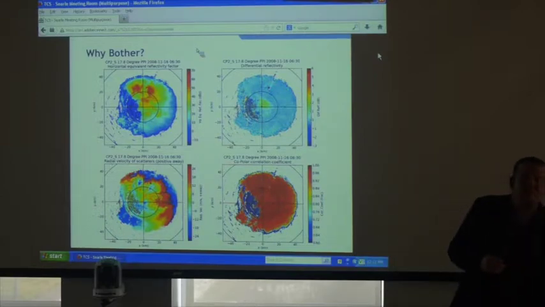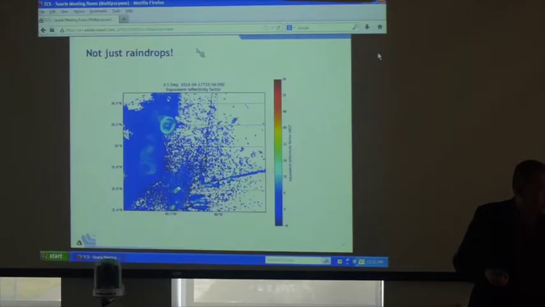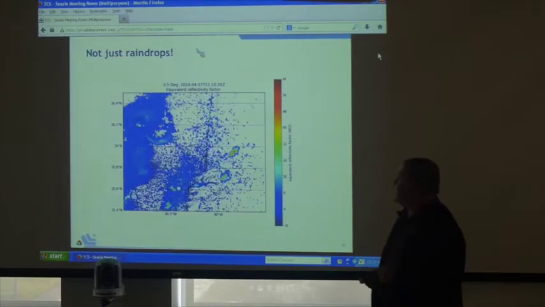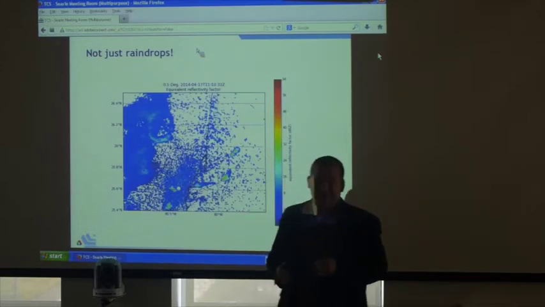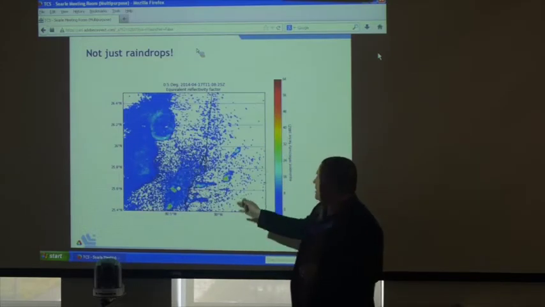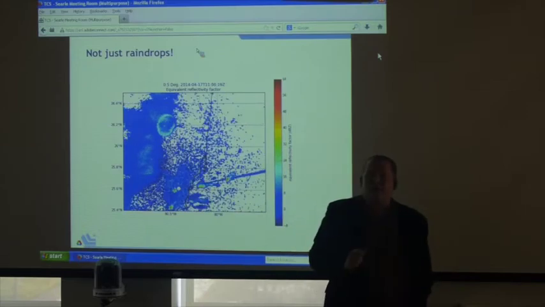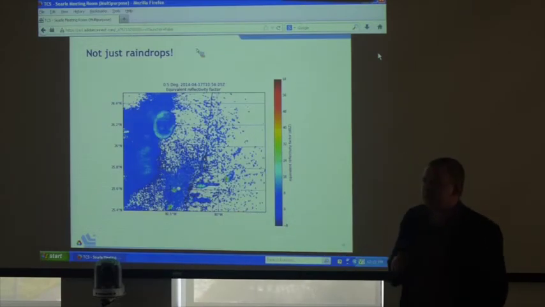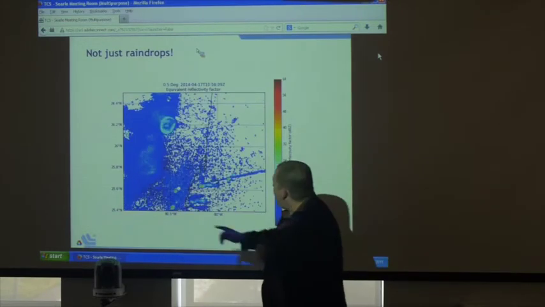So instantly this has given us information not just about the size distribution, but about the habit, whether we're dealing with ice, hail, or whatever. As I said, we don't just see raindrops with radars. This is actually data that I grabbed 2 days ago because a friend of mine on Facebook said, hey, look at this down in Miami. So this is from the Miami 88D radar.